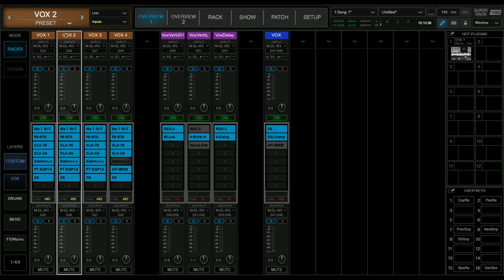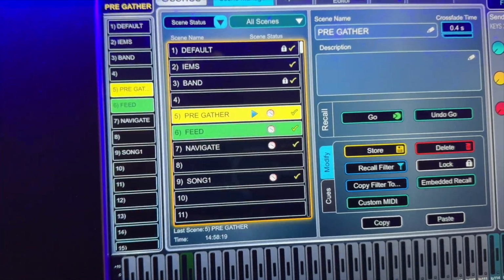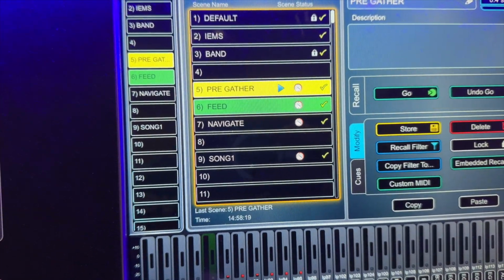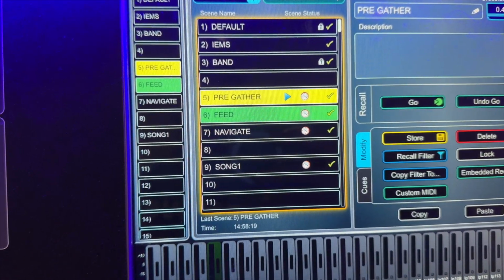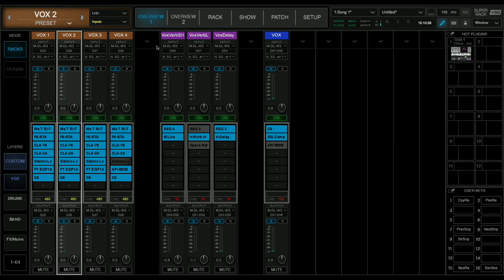So then how do you get MIDI control from the dLive to change things on SuperRack? So on the dLive over here, you will see that there are scene numbers starting with number 1, and they go all the way down to whatever number there is. Well, in this example, song 1 is at scene 9. The interesting thing is SuperRack is set up with 0 as the first scene,